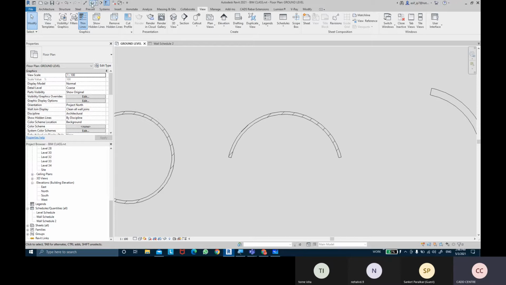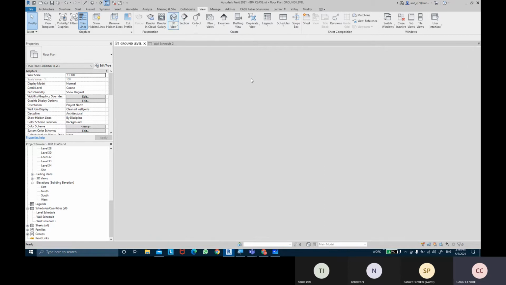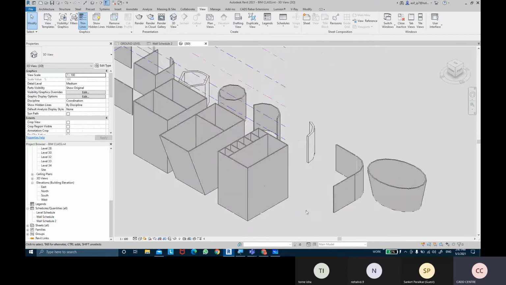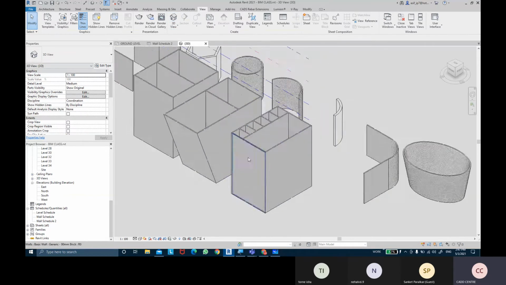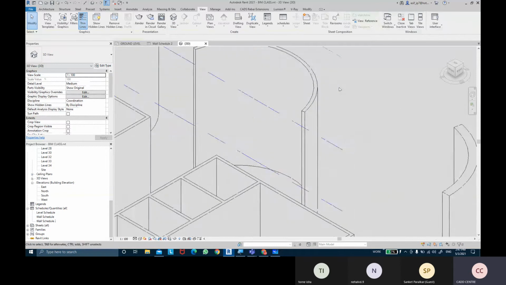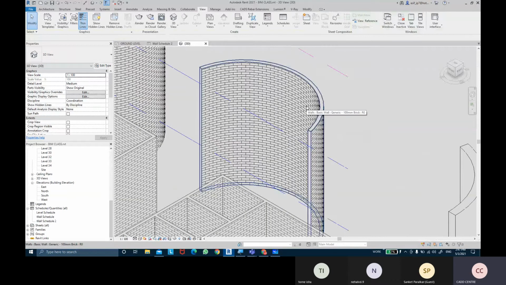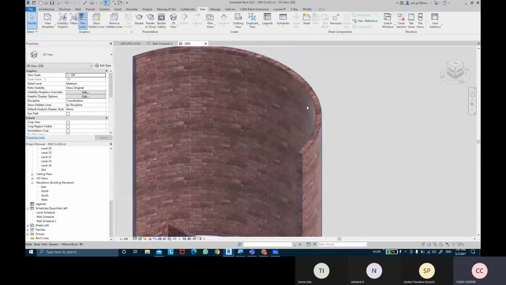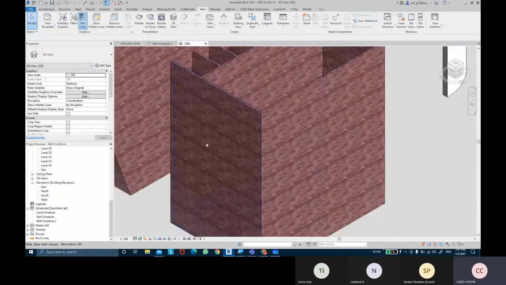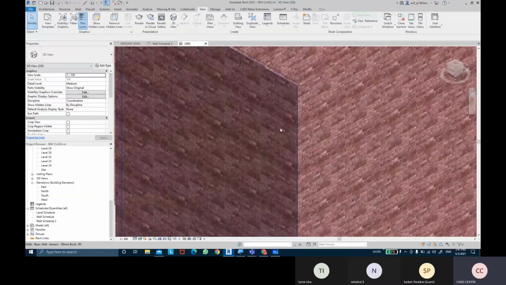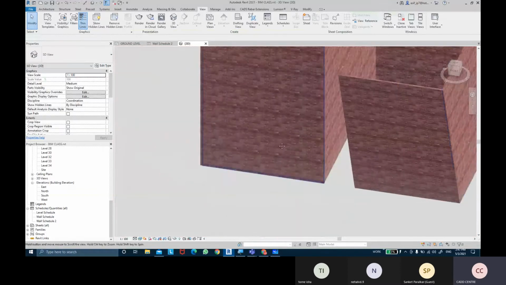Because if I look into my 3D view, when I come into the view tab and take the 3D view, all of these walls have no finishes. There are materials, but only core materials, like brick material, but without finishes. Okay, how do I come to know? If I switch this mode to realistic, I'll come to know what all the materials are. This is how it's going to look. So they are just going to look like core materials of bricks. No finish materials have been added.